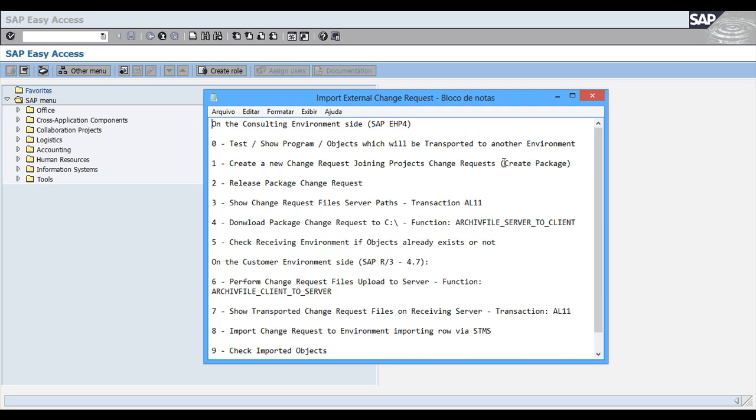Imagine that you are working in a company and your company asks for a consulting service in order to provide a specific development or a new program or a Z program, anything. But for some reason, this consulting will not be done in your environment. Okay, normally